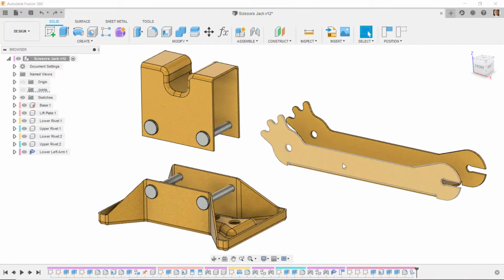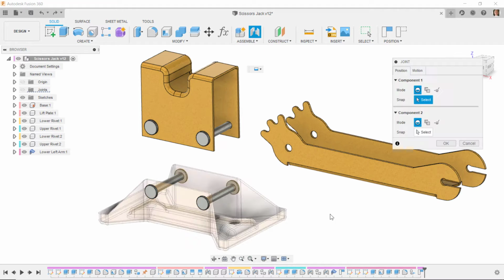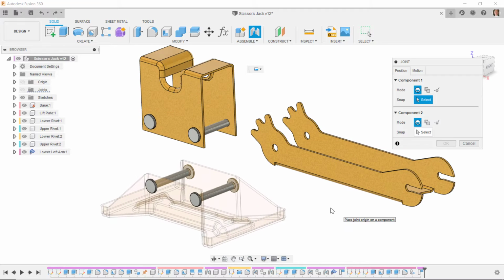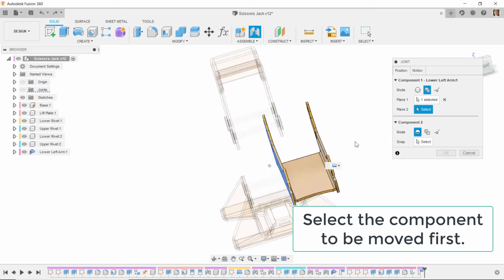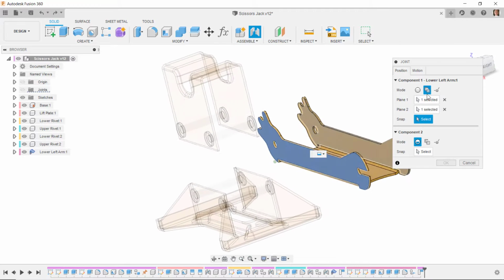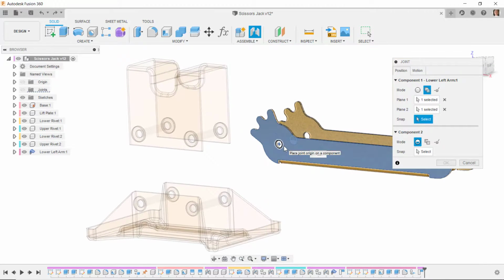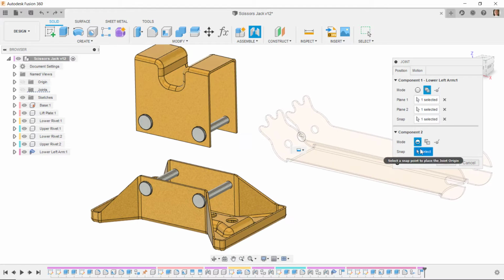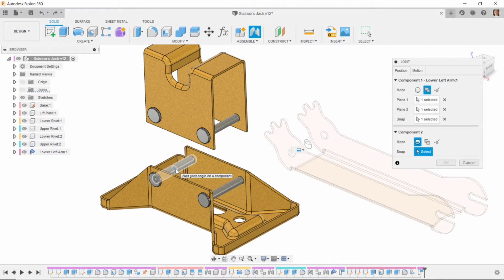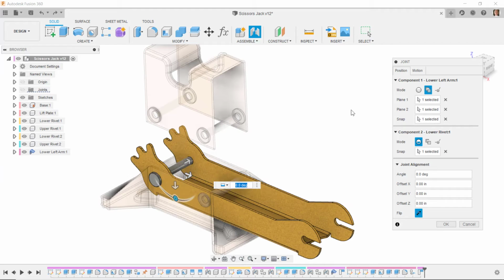Next, I want to assemble this arm onto this pin on the base, and so I'll do a joint. I'll capture that position, and I'll select the between two faces for component 1, between this face and this face. And for my snap point, I'll select this circle that finds the center point between those two faces on that hole. And then for second selection, I'll select the midpoint of this cylinder, and it moves that over into